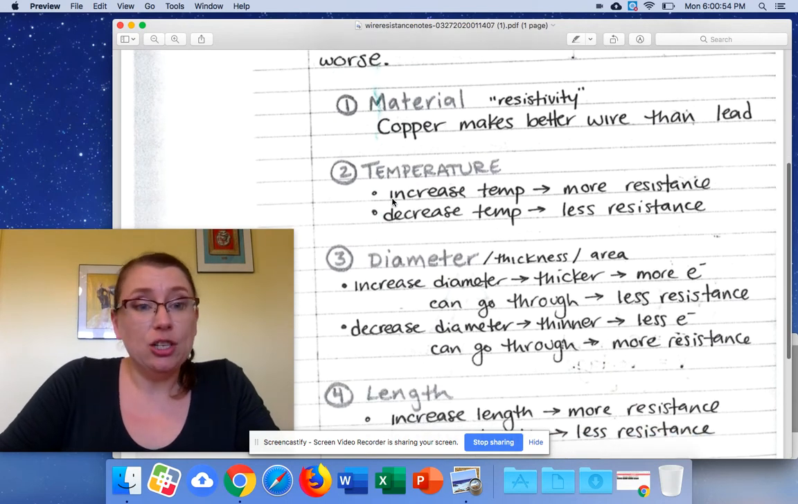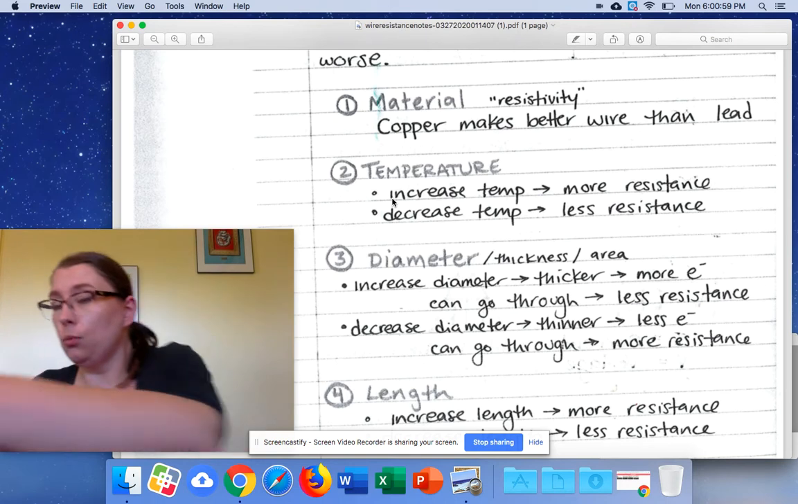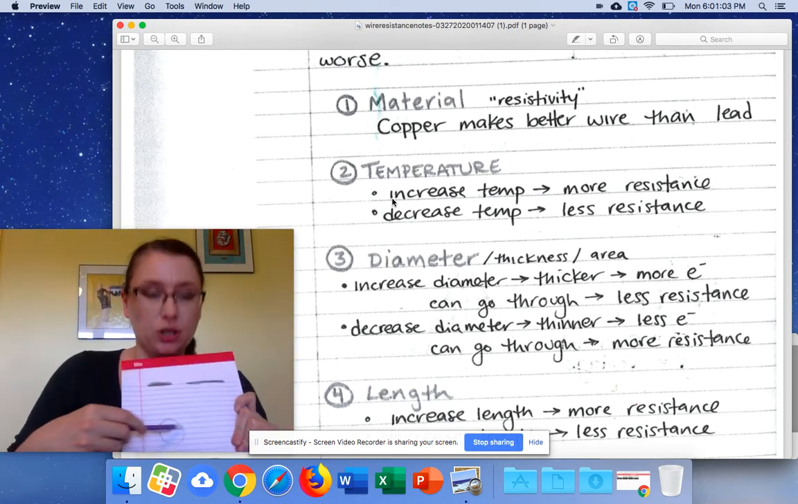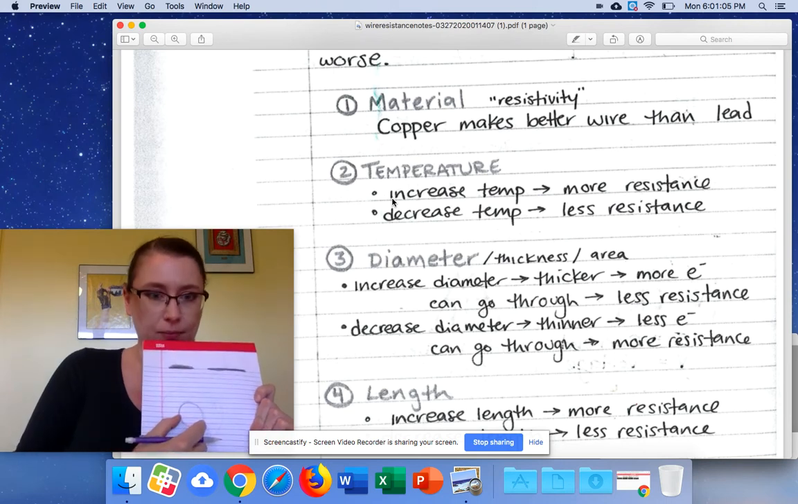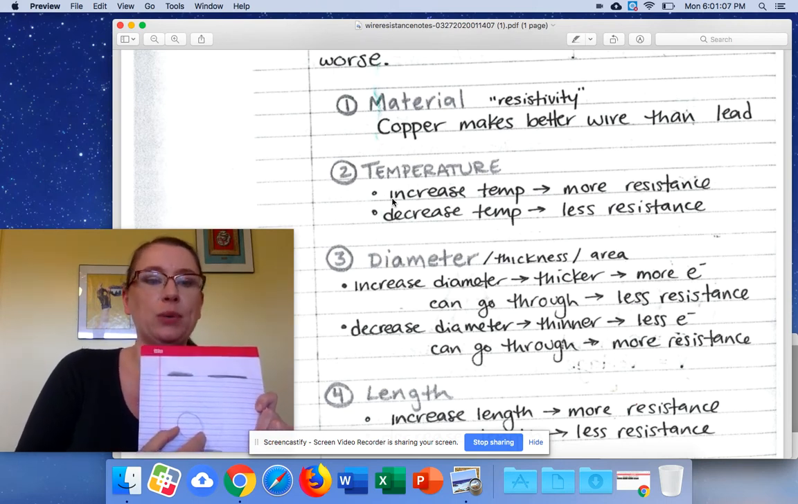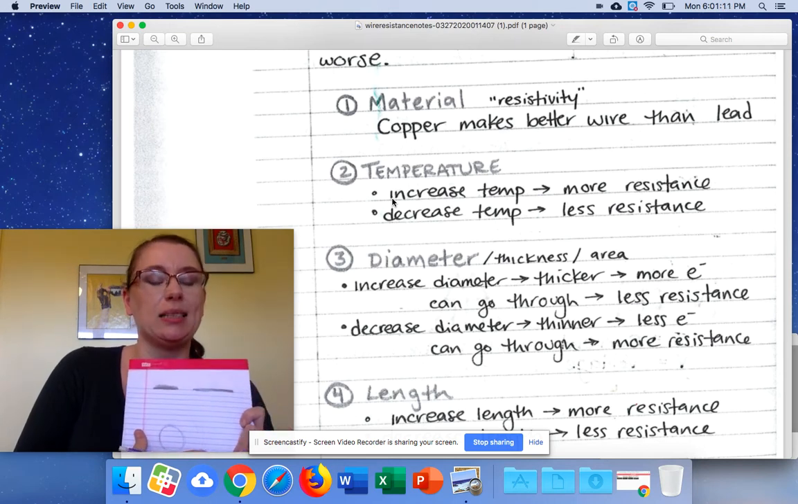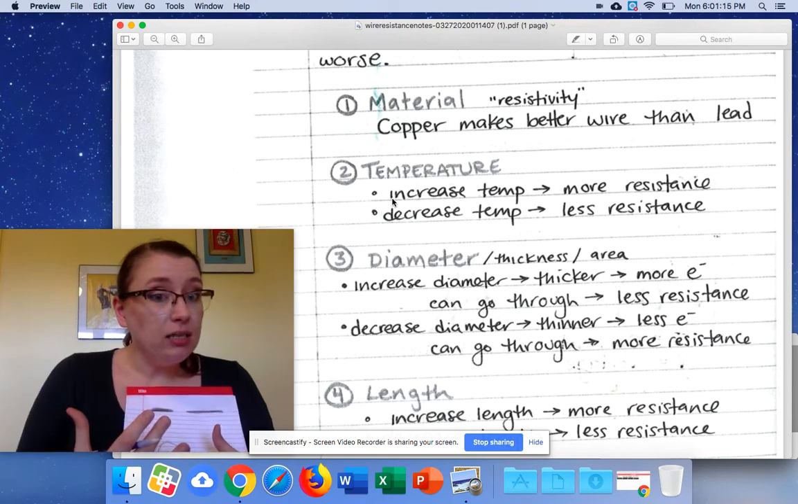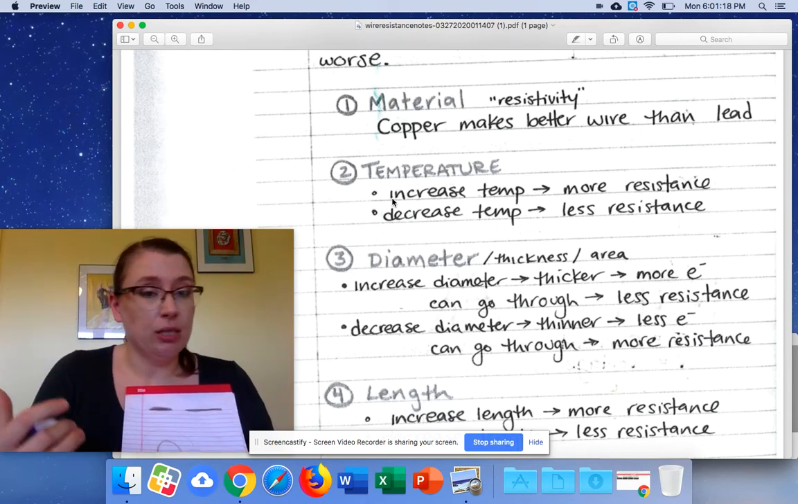The next thing that can change the resistance is the diameter of a wire. Every wire is like a tube, and if you cut a tube in half, you get a circle. And remember, the diameter is the width of that circle. So if we increase the diameter and it gets to be a bigger tube, it's thicker, more stuff is going to fit through it. So more electrons can flow through it, and this means there's less resistance